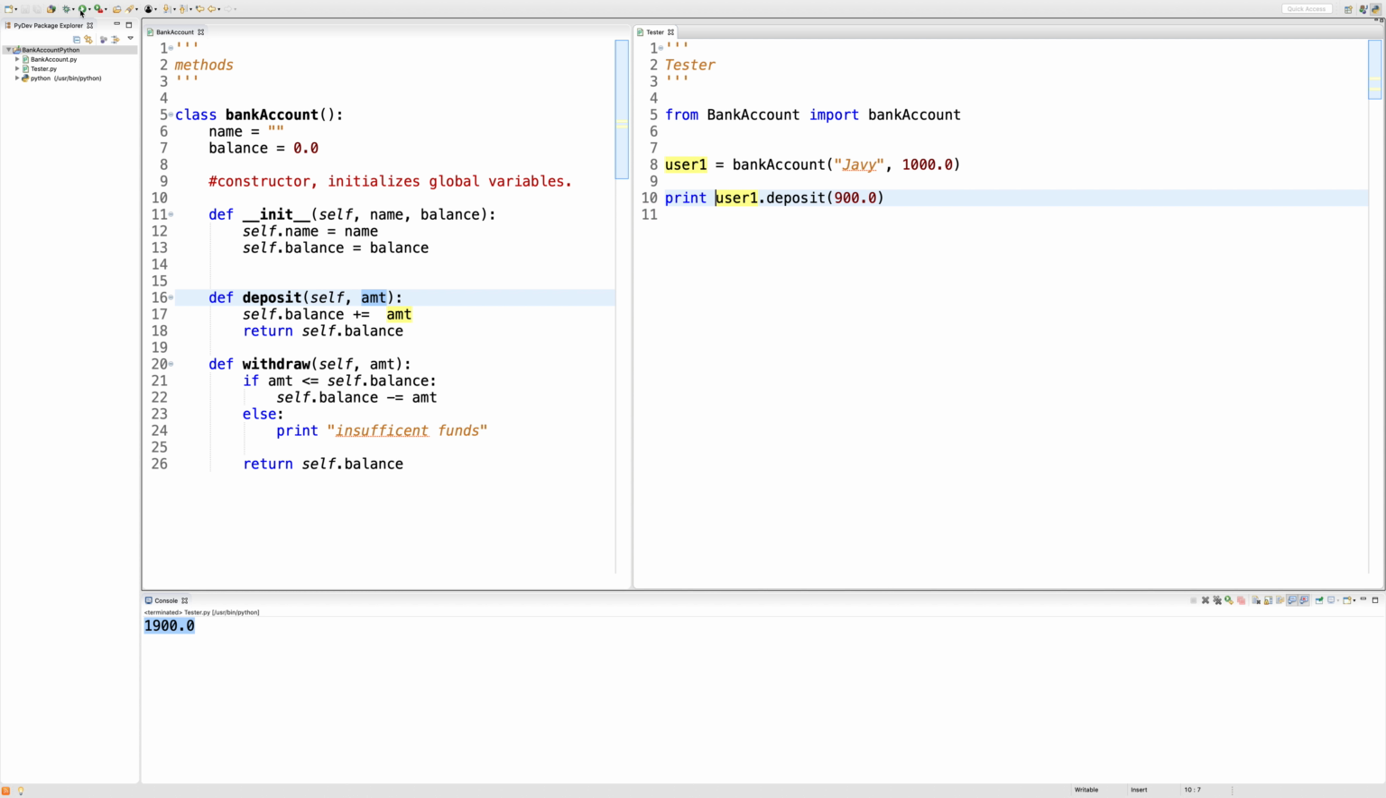Or I could simply print this, and it gets $1,900 as well. The key thing that I want you to see is that return is actually spitting back data for me to use. So I'm going to get rid of the print for right now. And then what I'm going to do is say user1